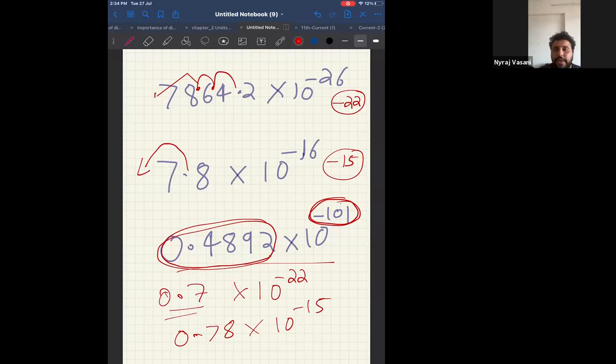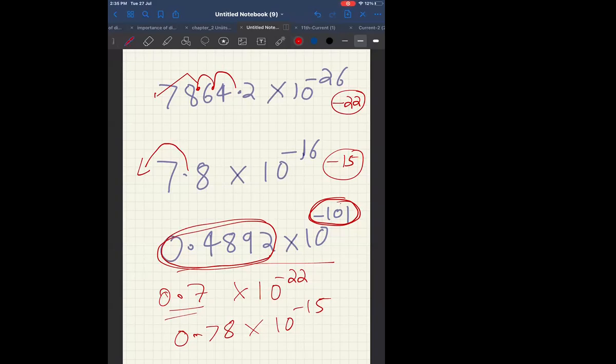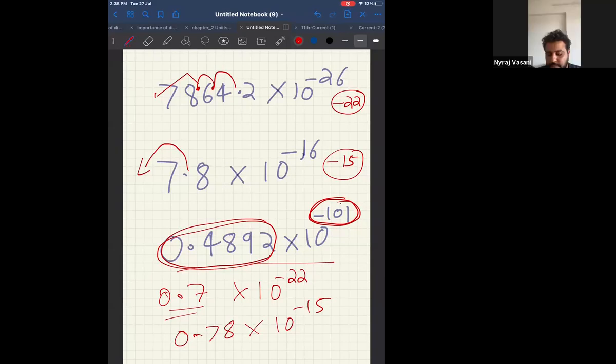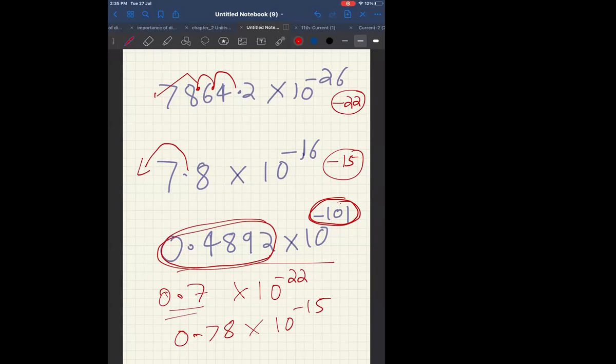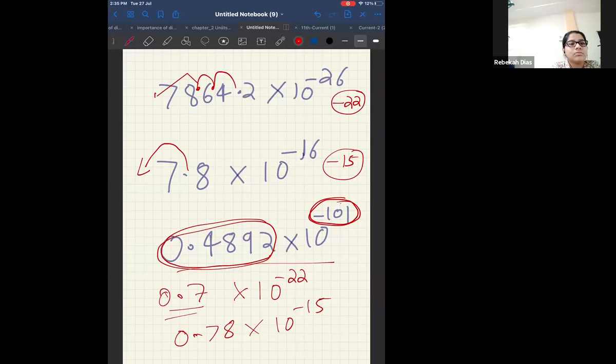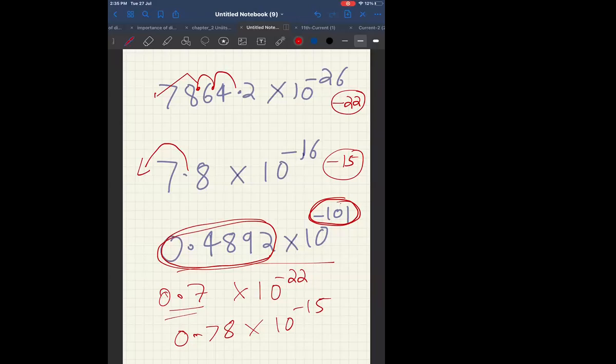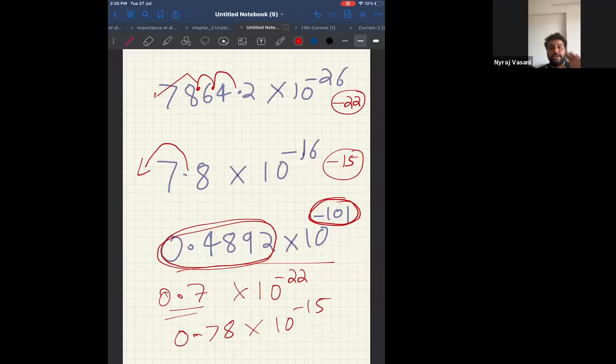Okay, so for people who are still getting wrong answers, check where you're making the mistake. Sir, you told that it should start from 0.5, no? And this is 0.4892 then. Sir, I shifted the decimal point. Oh yeah, correct. Sorry, correct. 0.4 is not between 0.5 and 5. Correct. I was thinking it is 4.8.